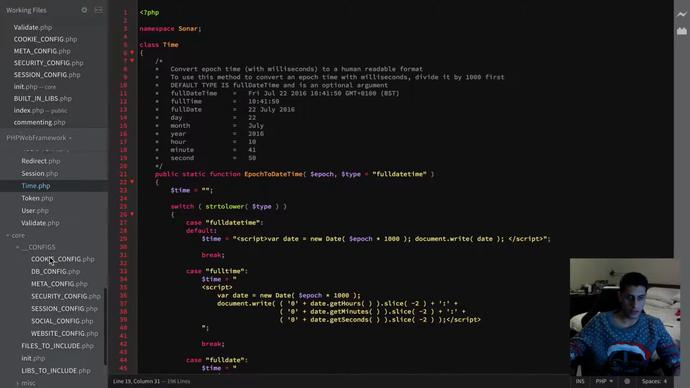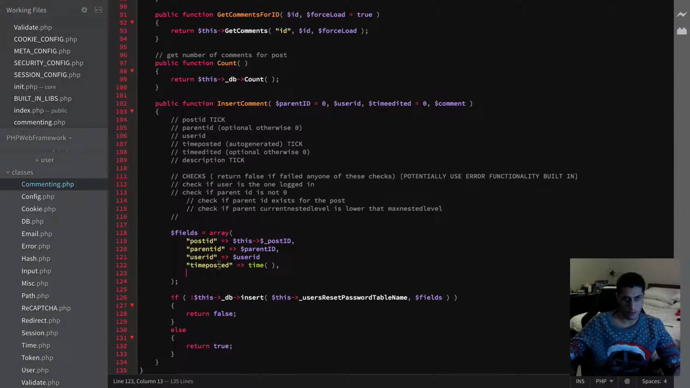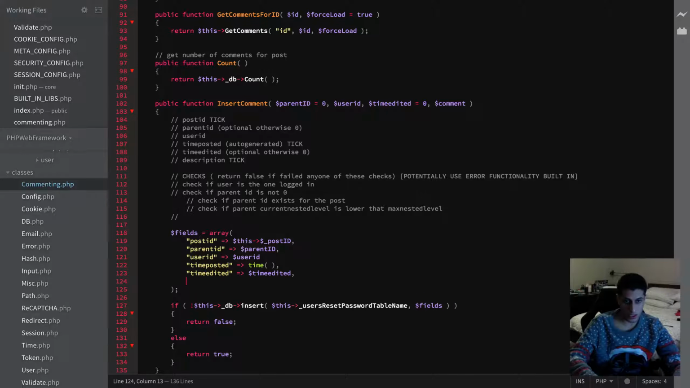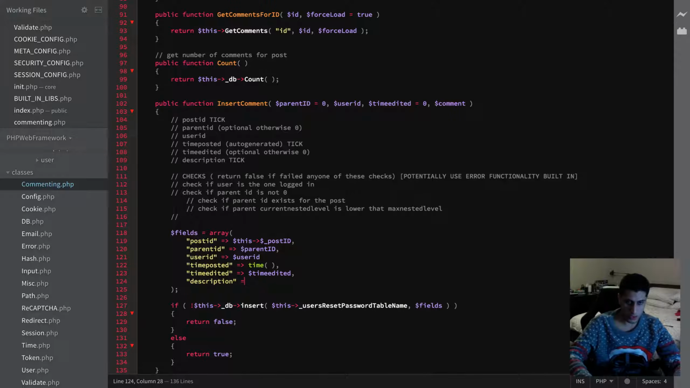So if we go back to commenting, time posted is all good. We want something for time edited. Time edited, we want just the time edited that's being passed in. We don't actually have to put anything else. So for the description, we put description, time edited, description, and we can just put $description,